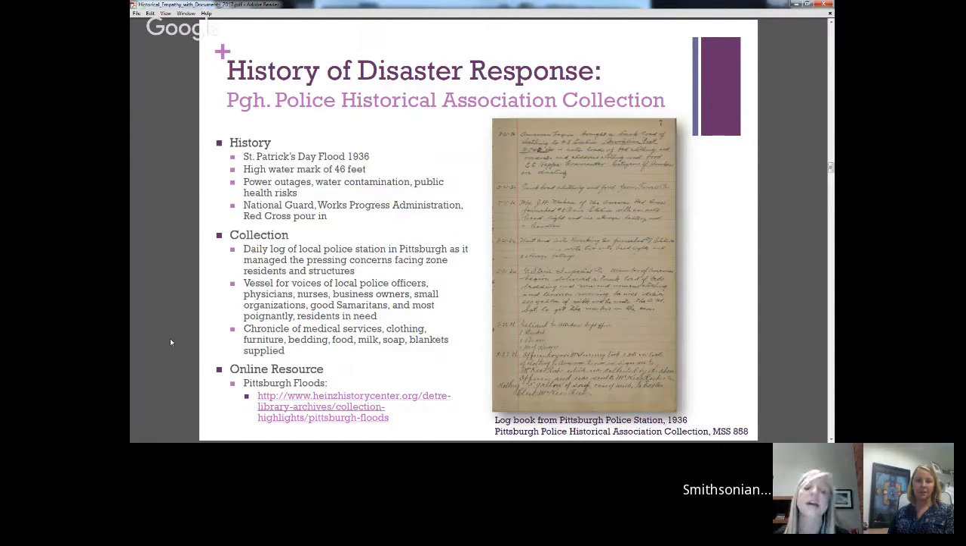And sadly, we know of many Pittsburghers who were injured and many as well who were killed as a result of this flood. And particularly as far as public health risks are concerned, you see that the Red Cross is concerned about the outbreak of typhoid with contaminated and unfiltered water. But we do have the National Guard, these government agencies, coming in, and the Works Progress Administration as well, because of the flood, pouring in to provide aid to the city and really to try to get it back